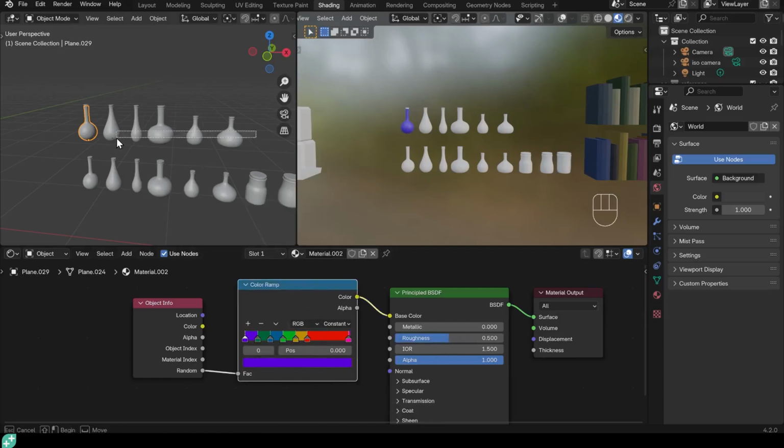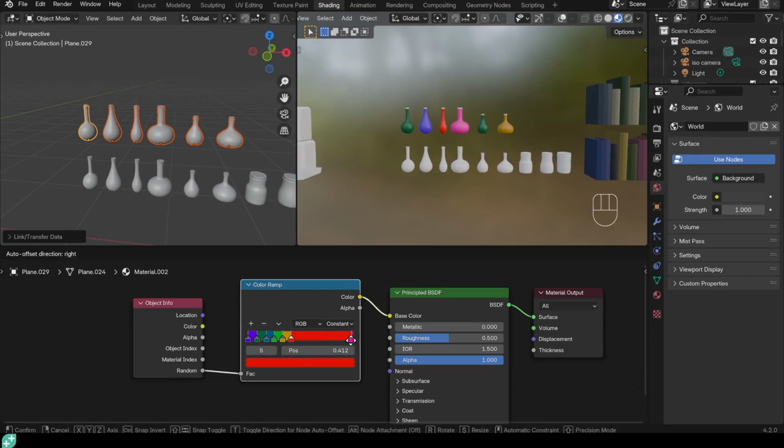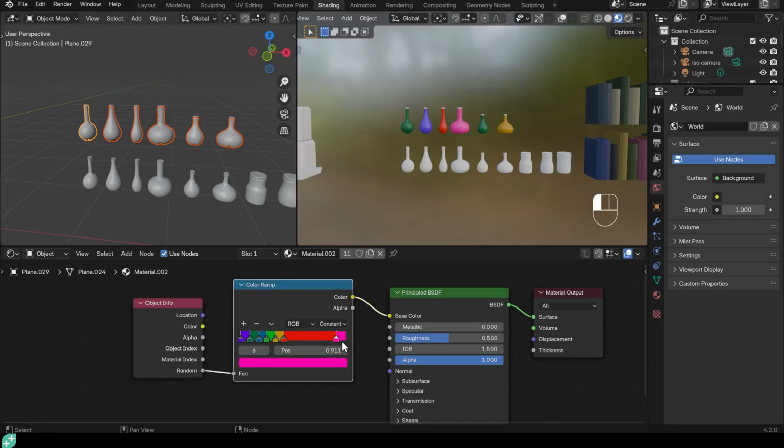Now when I select these bottles here and select this one last, Control L to link materials, they should all have random colors. Interestingly, none of them chose the red, and they all had different colors. That's quite amusing, that is. It's typical when you do this sort of thing. But hopefully you all should have, let's in fact bring these right in and see if I can get loads of them to have the red. No, none of them. None of them get it. There we go. One's got the red there. And if I bring this one back, that would have red as well. It's just how these things go, really, isn't it?